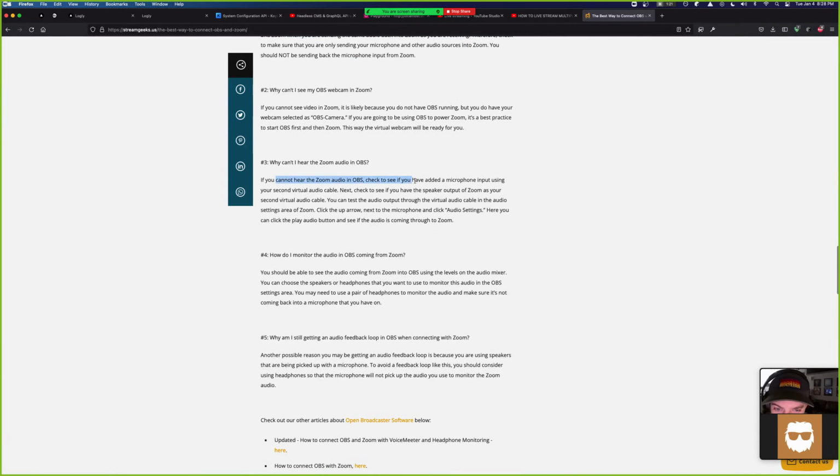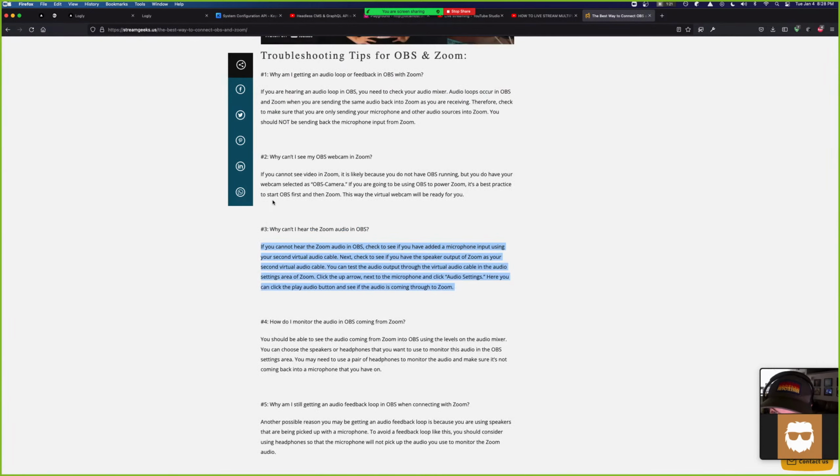If you cannot hear the Zoom audio, check to see if you have added microphone input using your second virtual audio cable.